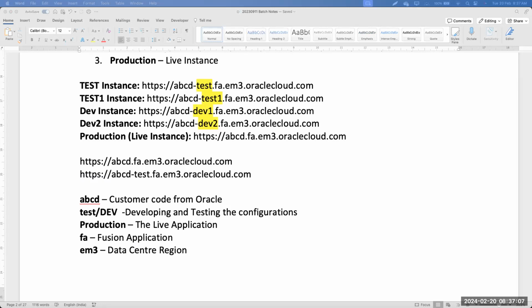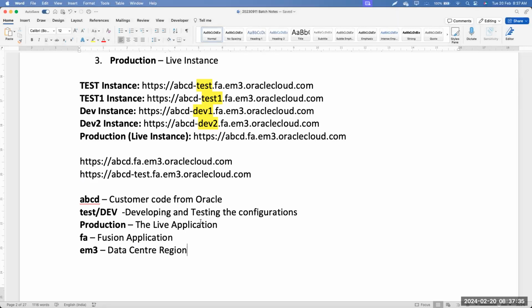Yes, they will have a data center. Oracle has a data center in Saudi Arabia now. So a particular company can have multiple data centers in different countries? No, they will have only one data center. Each instance will have only one data center. You cannot have multiple data centers. Okay, thank you.